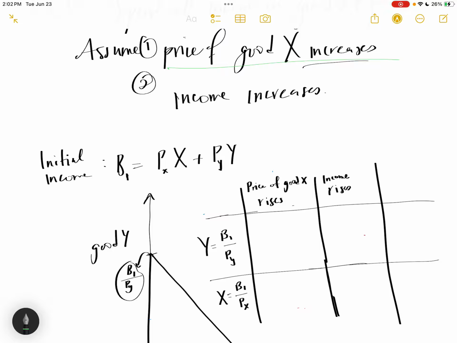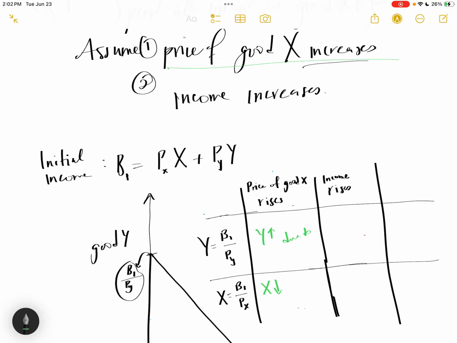Right? When the price of good X increases, the consumer will substitute away from consuming good X and towards good Y. So you can expect that the consumption of good Y will go up and that of good X will fall